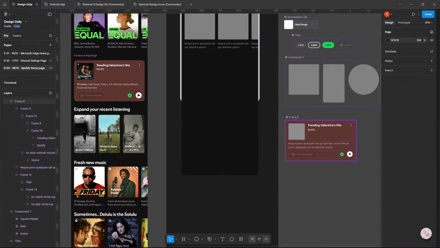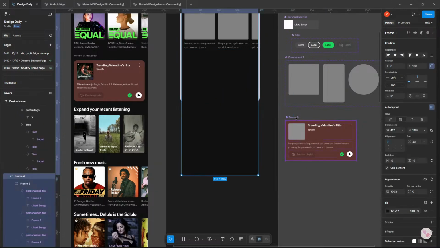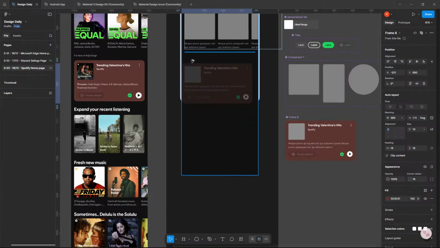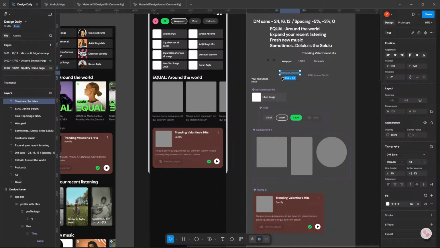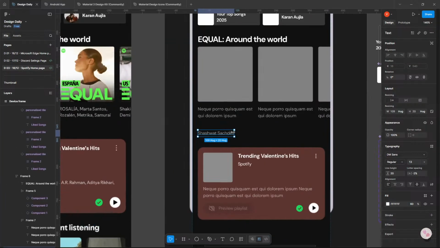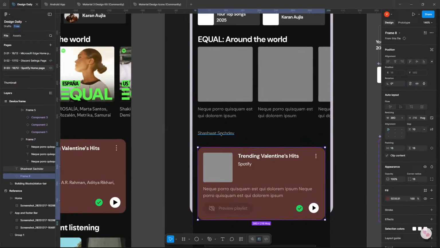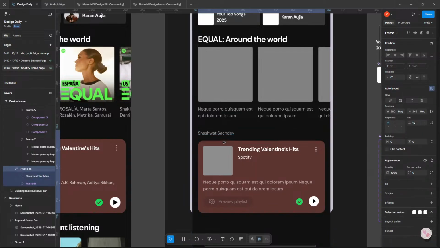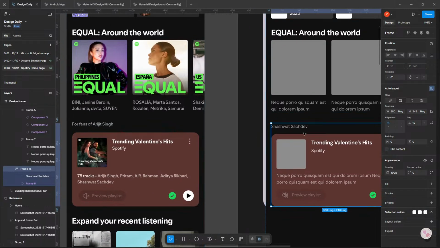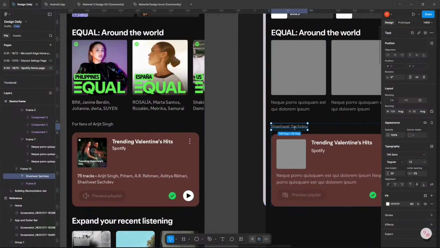Let's move this, let's move it out like this, place it over here. For Archit Singh, same text over here. This and this are in auto layout. Their gap is 12. For fans of MGH,